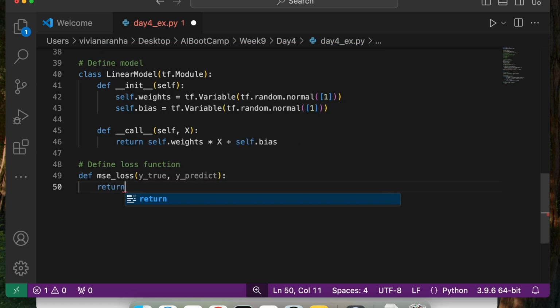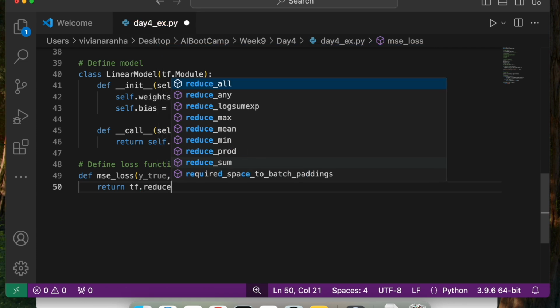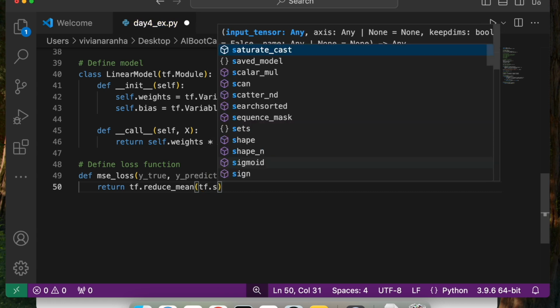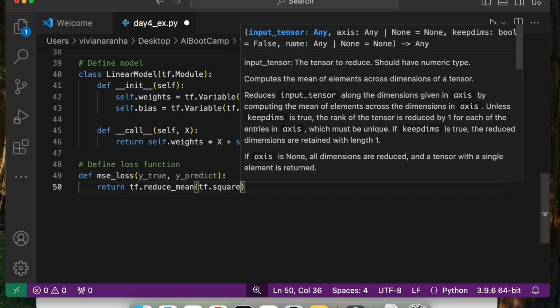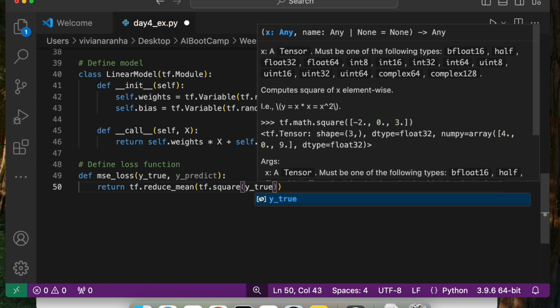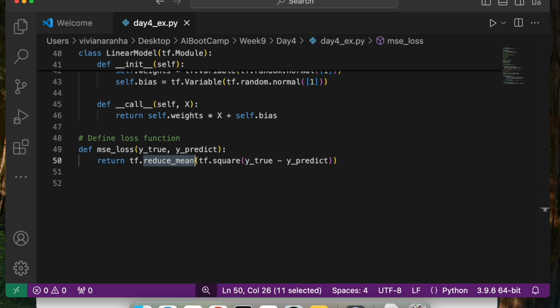Inside this I will return tf.reduce_mean of tf.square of y_true minus y_pred. TensorFlow gives us this library, reduce_mean, which lets us easily calculate the MSE loss function.